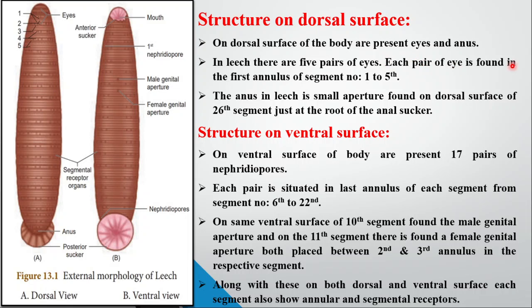Each pair of eyes is found in the first annulus of segments number 1 to 5. The first 5 segments show the pairs of eyes in the cattle leech. The anus in leech is a small aperture found on the dorsal surface of the 26th segment. See, the segmentation should be asked in the examination. So, 5 pairs of eyes are present on the first to 5th segment and the anus is present on the 26th segment